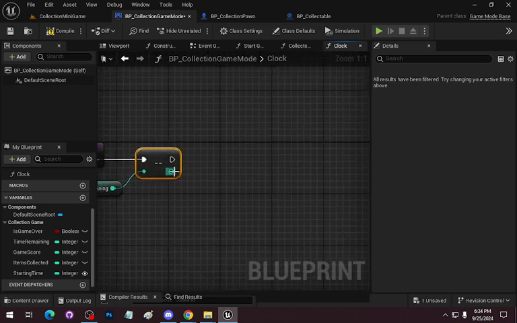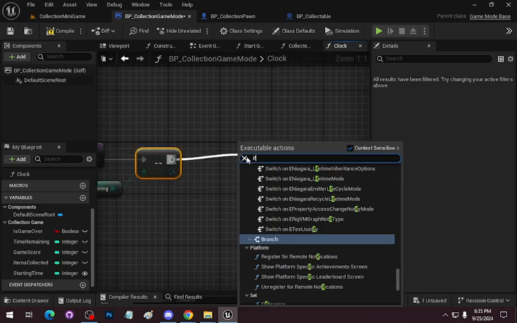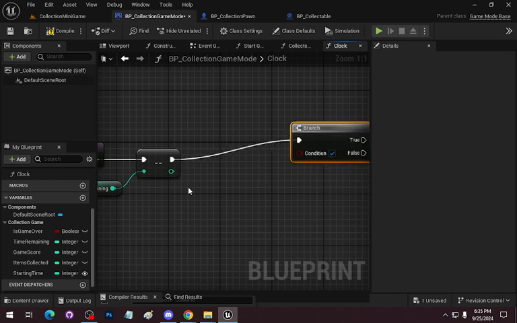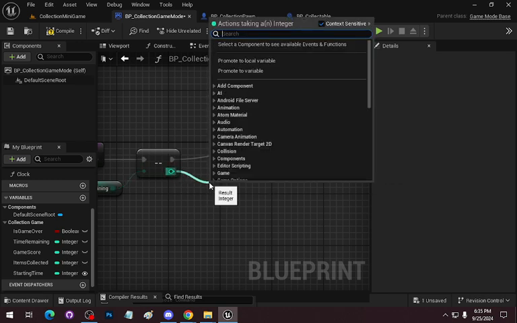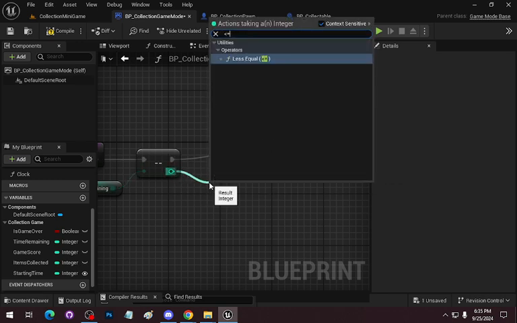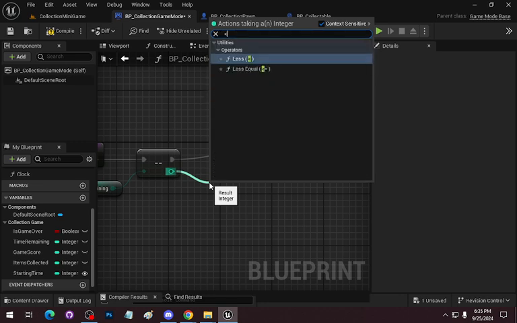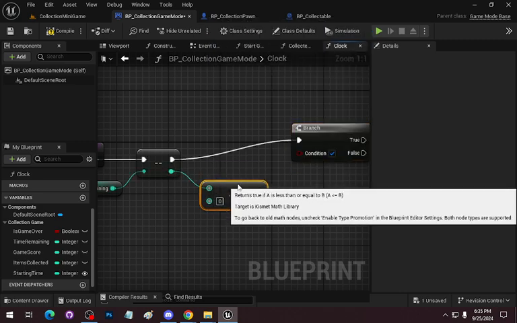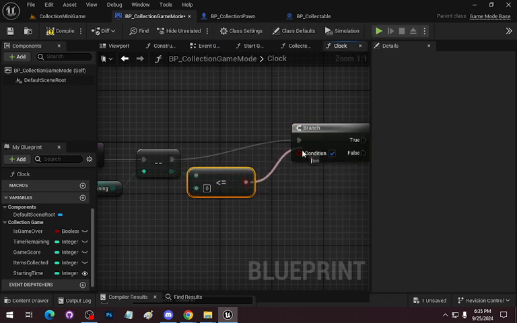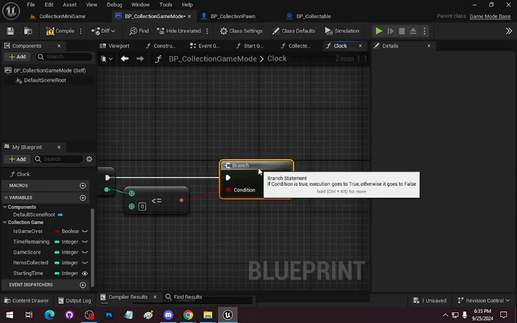And then the next thing we're going to do is an if statement. If that is less than or equal to, and again, we could do equals, but I have a little bit of paranoia, so I'm going to use less than or equal to 0. If that's true,